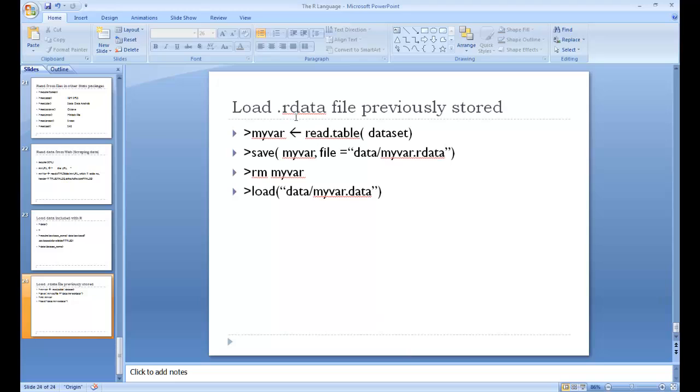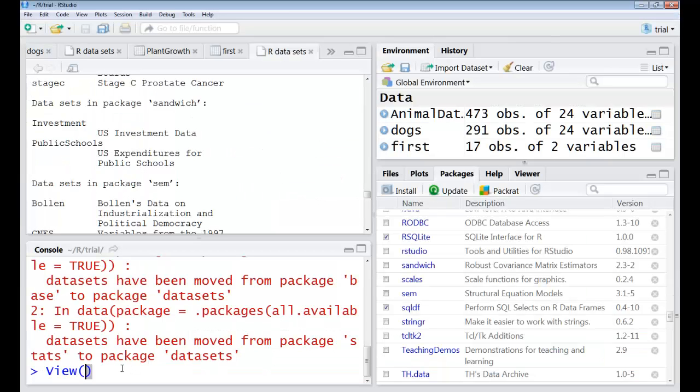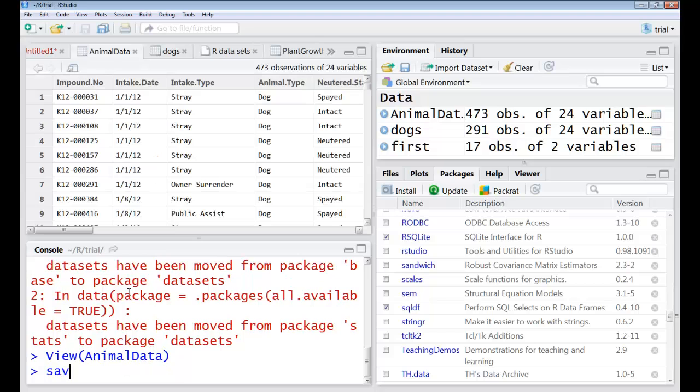I could also use .rdata to load a previously stored file. So suppose I have this animal data here. Now I save this particular data frame, specify a file, this is the location of the file and the name ad.rdata. So I want to create this particular rdata file and I will store this animal data here.